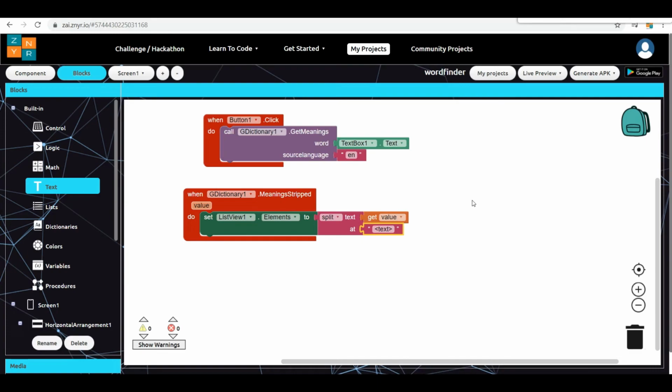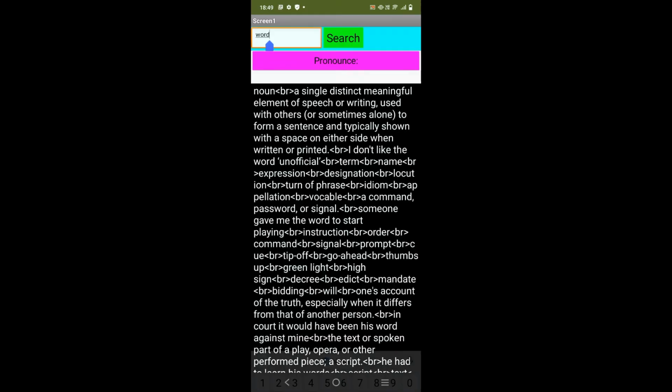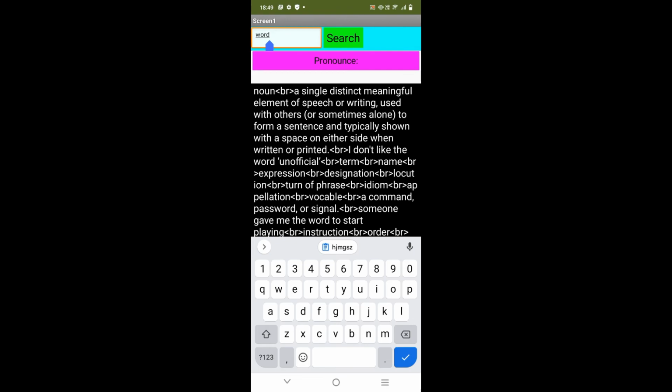So now the coding part is over. I'm trying to check with my Xenia platform to get the result. I have now logged on to the Xenia platform. I'm searching for the word, maybe the word "word", and clicking the search option. You may notice it shows the respective meaning, but the pronouns button is still not displaying anything. For this, I need to create one more block and add to the designing part. Let me continue in the next session.